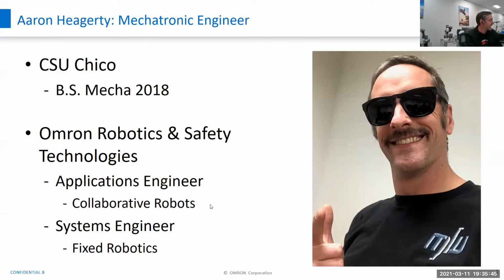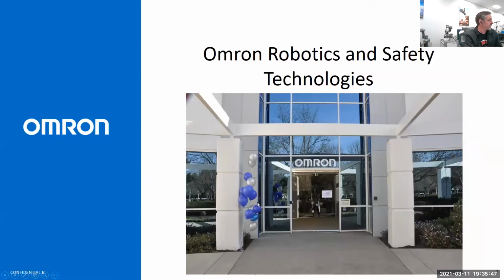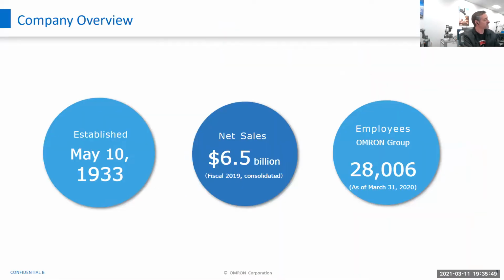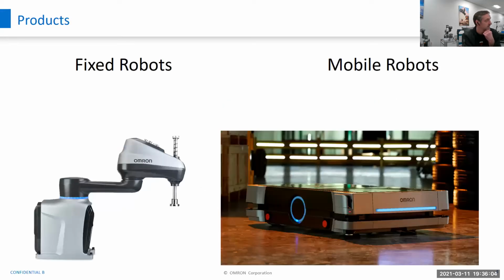And some of the other things that we work on, Omron was established May 1933 as a $6.5 billion annual sales company with over 28,000 engineers and employees worldwide. And for anyone that's looking for internships, we do have some things online, so feel free to look at those. Primarily, Omron, the company that I work for, is a big company. It actually does health, safety, all kinds of different things. But my building does robotics. We do fixed and mobile robots.